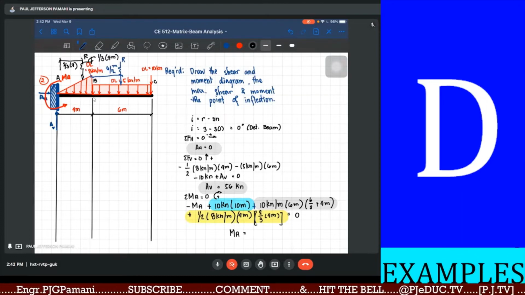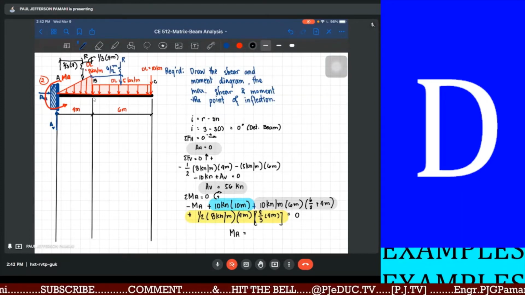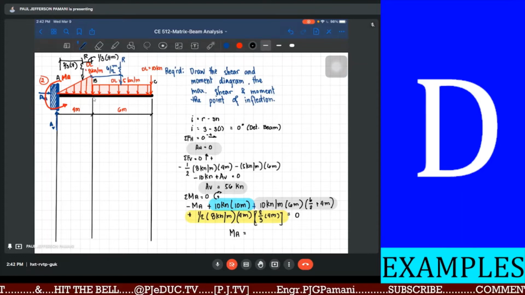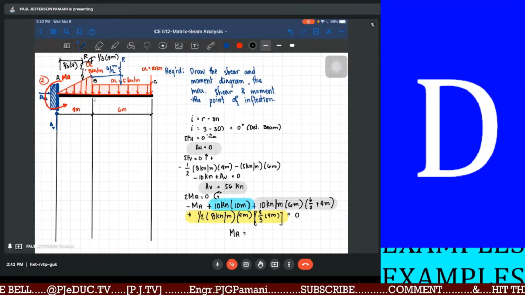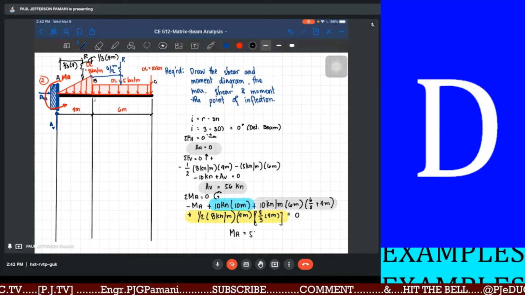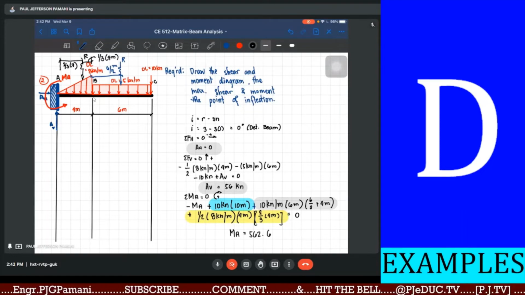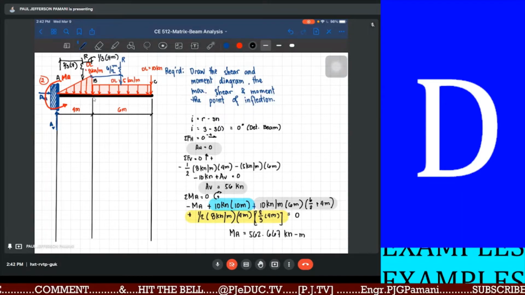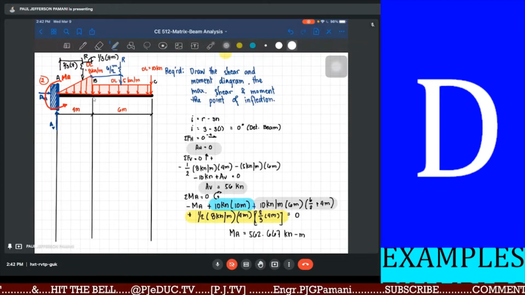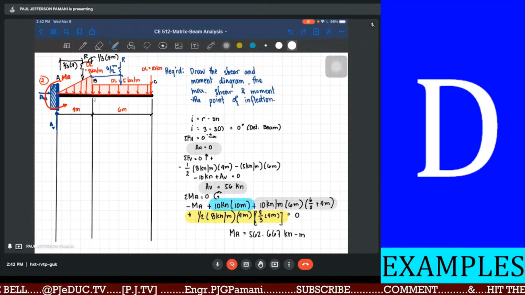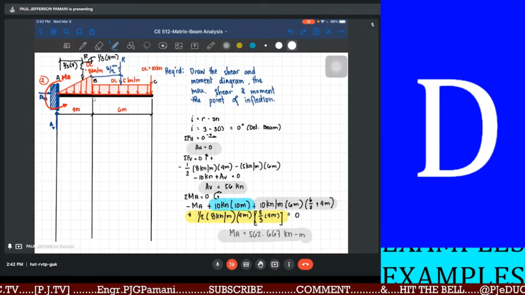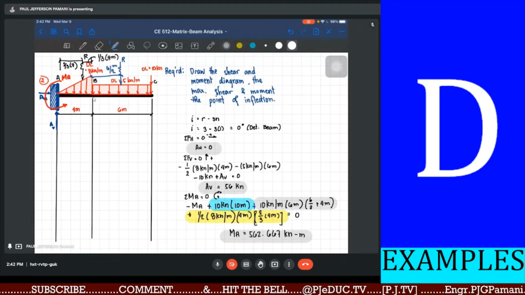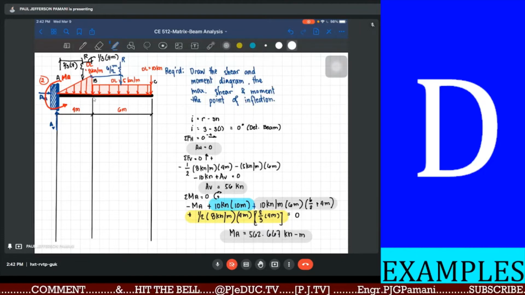Ibig sabihin, tama yung ating assumption with MA, which is counterclockwise, to resist the moment caused by the applied load. So that is 562.667 kilonewton meter. So this will now serve as our final answer for the moment or the reaction bending moment about point A. So we are now prepared to draw our shear and moment diagram, identify the maximum shear and